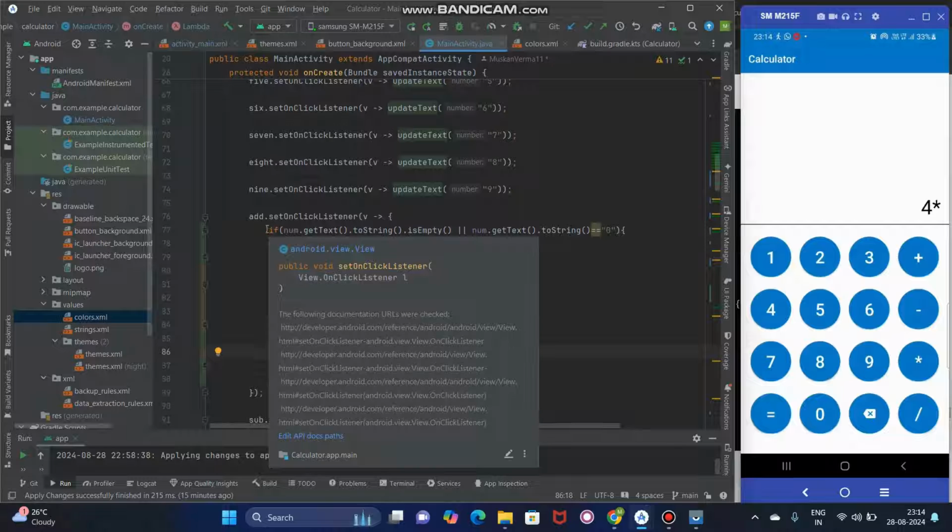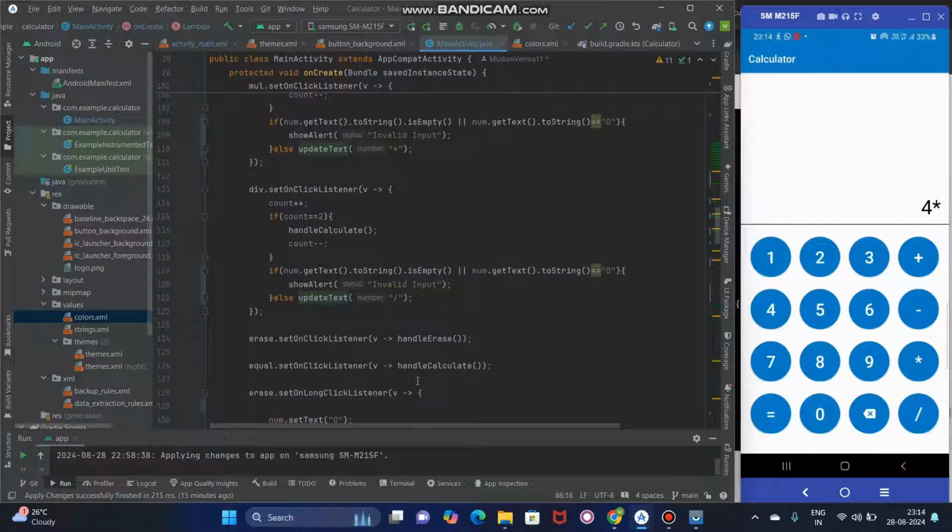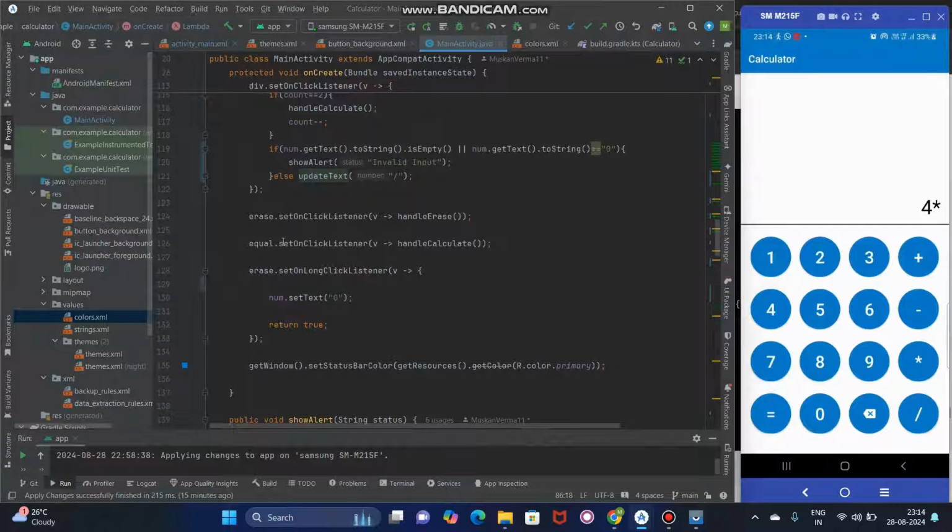So the same thing is happening with all other operators. I think I can skip this. Then